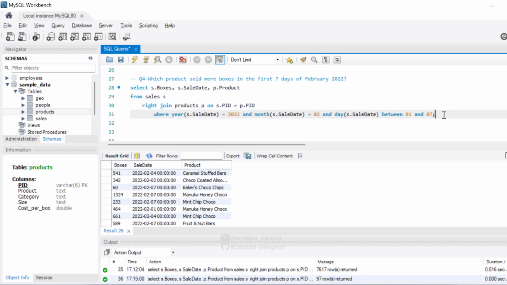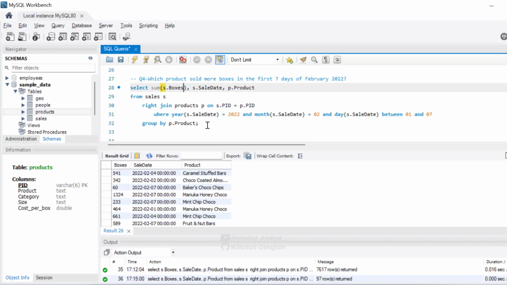So I just need to write group by product, and the product is from P. If I run this code, I come across an error because I have to set which aggregation I want. It is about the boxes, so I just cut it, sum,